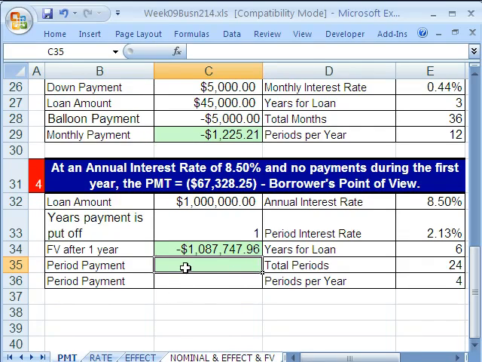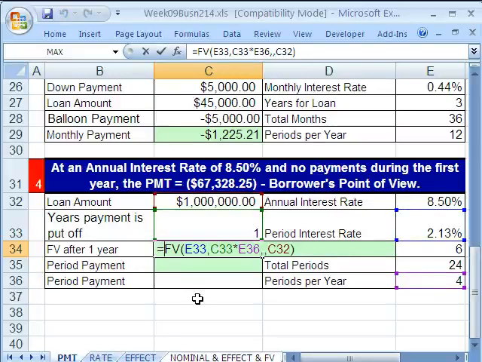Now, period payment. So we have our new borrowing amount in essence. Now, on the day we're going to start making our calculations, our payment's going to be at the end. So we still don't pay on this exact day, but that's the new loan amount in essence, because we've added all that interest in. Now, if we want to, from the borrower's point of view, I'm going to put a minus